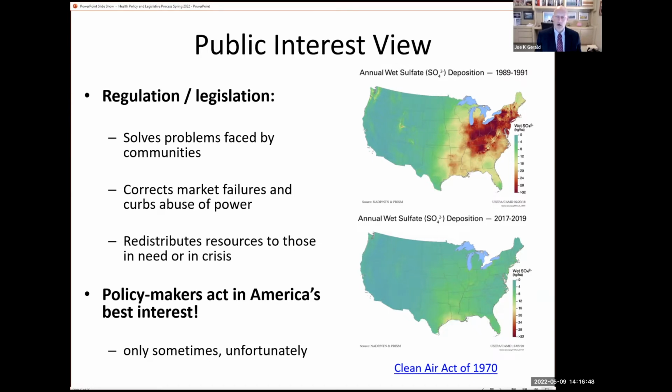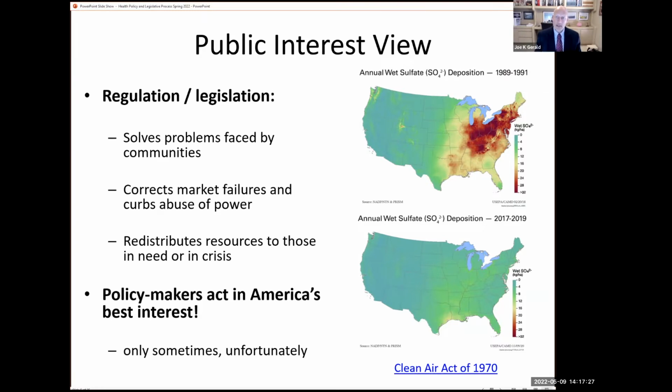those types of activities. Well, the government stepped in and regulated power generation plants and said, here are the limits that exist with regard to your ability to extrude sulfur dioxide into the atmosphere. And you've got to bring those levels down. The goal is to restore the health of our forests and wetlands. What you can see in the bottom right panel is the amount of sulfur dioxide deposition in the United States from 2017 to 2019, right?